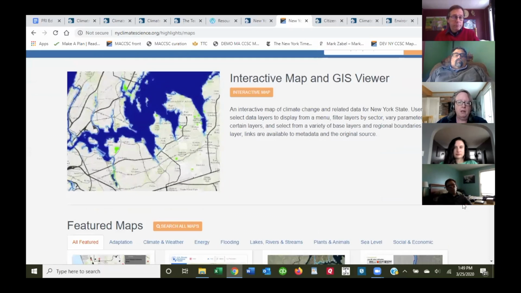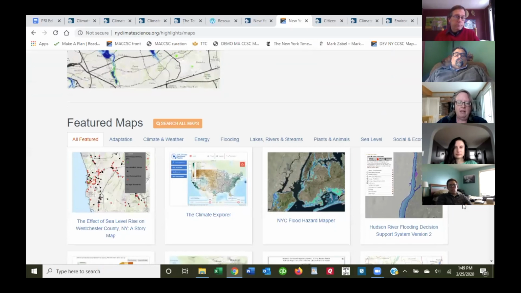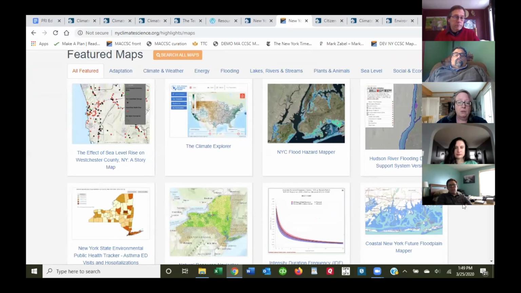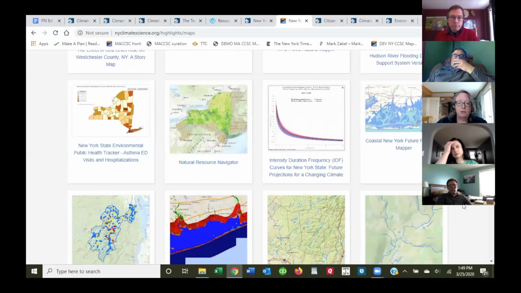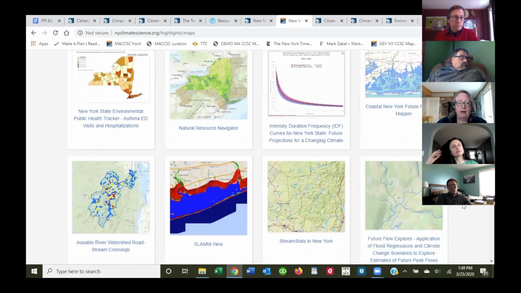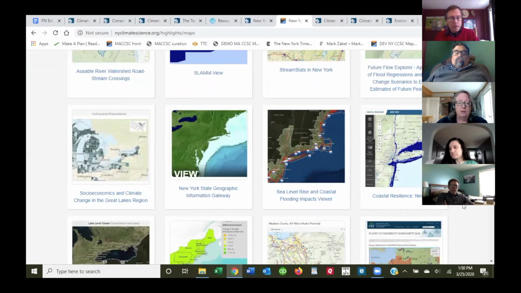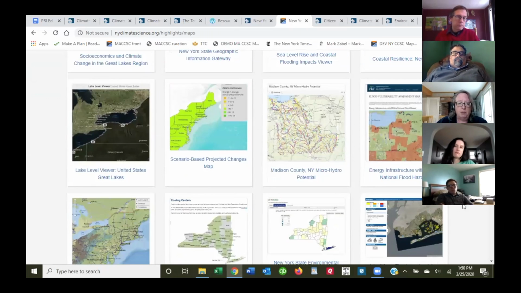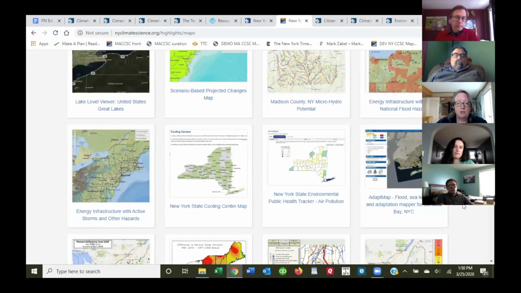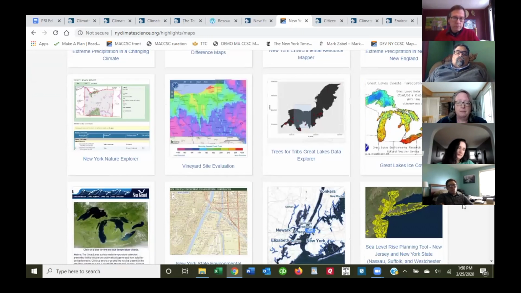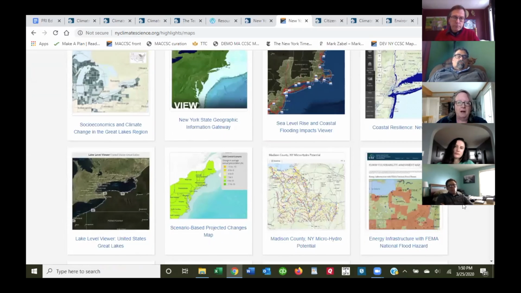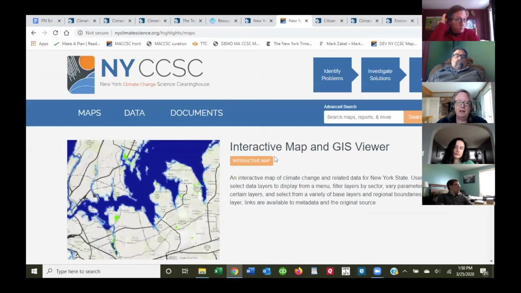but also we've highlighted many, many other mapping tools that are online that you or your students could explore to learn about climate change, to learn about its impacts, to learn about ways to adapt to it and mitigate it, though the focus of this site is mostly adaptation. So just to point out, there's a long, long list of things you can explore. On the map,